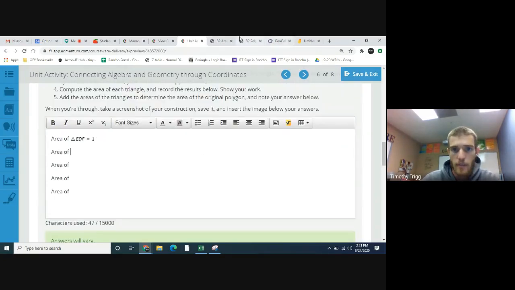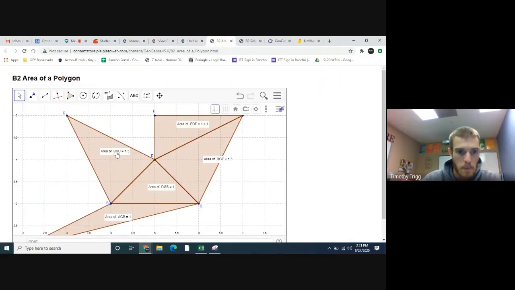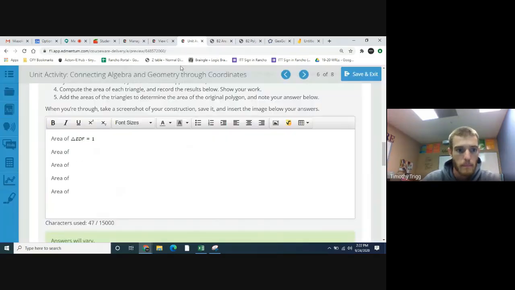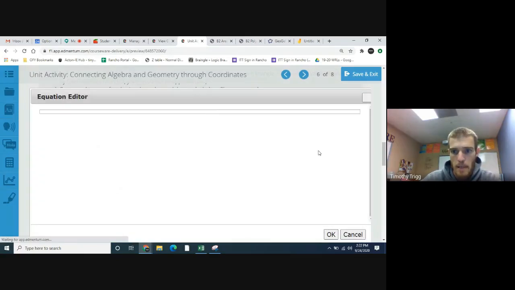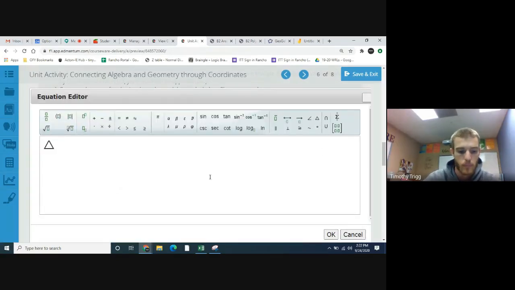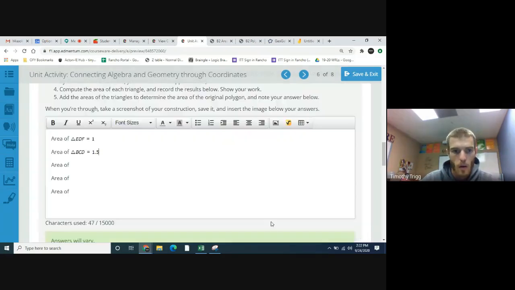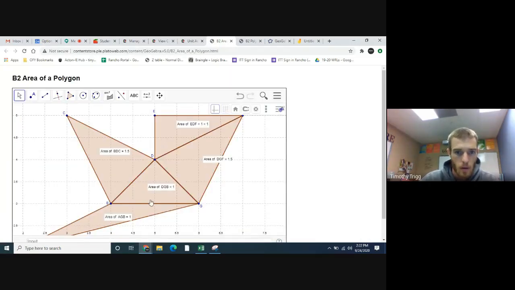The area of, and then the next one, let's go ahead and do this one. BDC is 1.5. Area of triangle BCD equals 1.5. All right. And so on and so on. So I want you to do that for each of the triangles that are in this. All right. So there's triangle DGF, triangle DGB, and triangle AGB. And put the areas of each of those